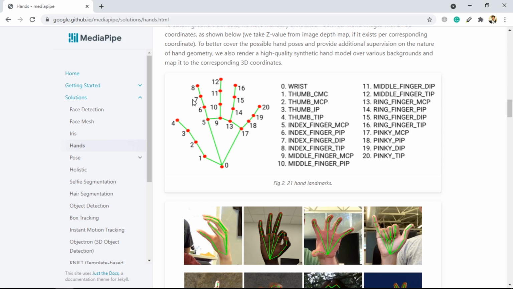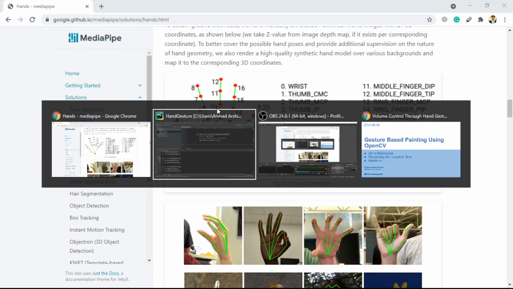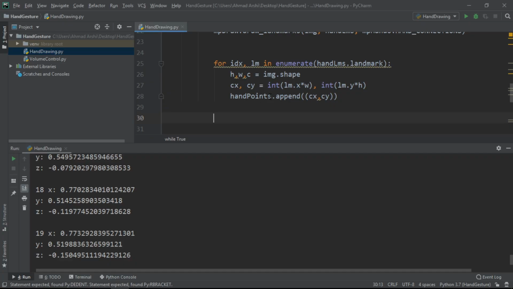For that, this complete plane is the y plane, and this plane is the x plane. Here we check if the y coordinate of this 8 is greater than the 7, or we can go for this 6. If this 8 is less than this 6th y, that means the index finger is open. And for this one, we check if this 12th y is less than this 10th point y, which means the middle finger is open. Let me write that, and eventually this will start making sense to you.